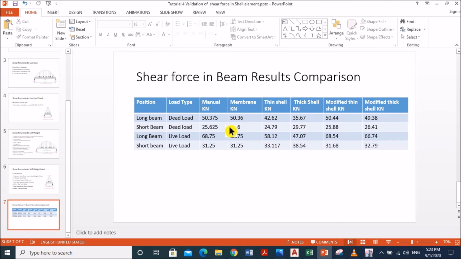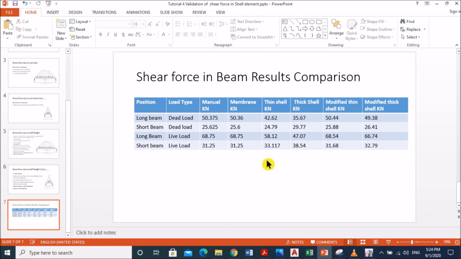You can see from the result that manual and membrane elements match, but thick cell and thin cell differ from the manual calculation value. So what it means is, this thin cell and thick cell element has the property to resist bending and shear, etc. So it acts in this principle.